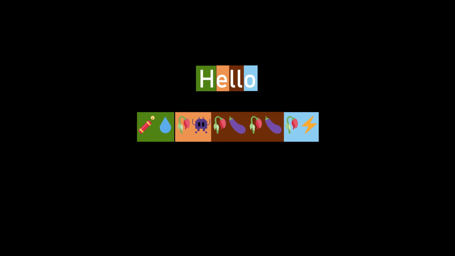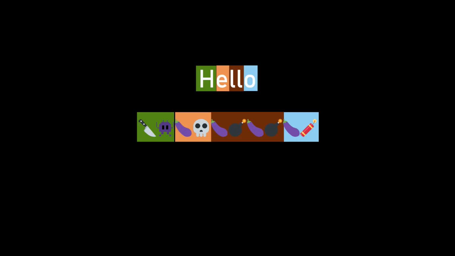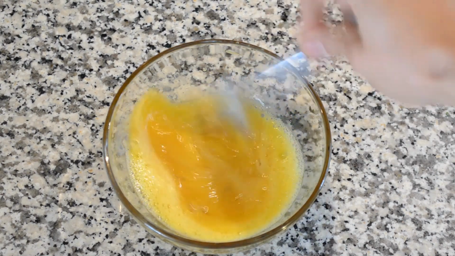Now let's change the salt again, say to this, and see how it affects our output. Each time we change the salt, the emoji mapping shifts, making it harder to predict. Let's step up the randomness even more. Instead of using the salt directly, we'll scramble it using a hash function, specifically